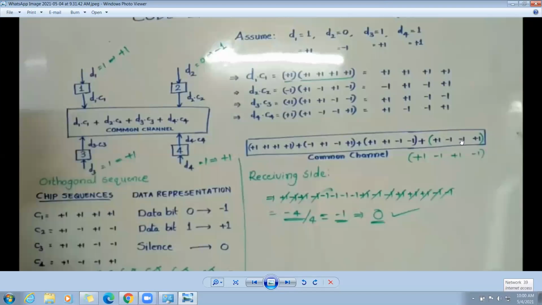Now, just see an example. We all are using mobile phones. I will tell you a general example. Mobile phones use air as the transmission medium, a wireless transmission medium. All of us are sitting at different places using mobile phones, dialing and calling someone. I am calling someone, you are calling someone, you get a call from someone, etc. All the data in the air is combined.